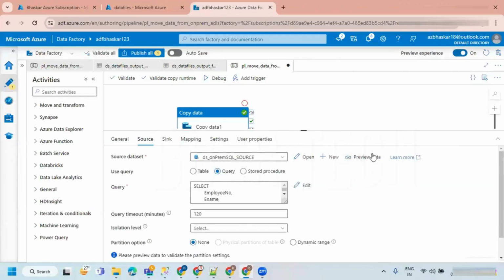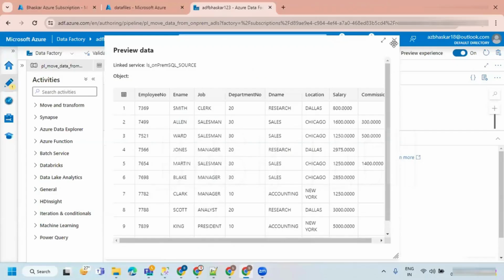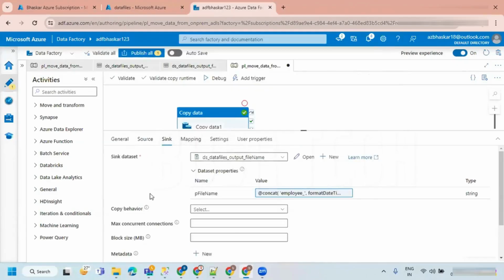Whatever output we are getting here is just being presented. It is not creating any table here in the source. Once the execution is completed, the entire data is going to be stored in the file, because we are providing the same ADLS. Yes, in the ADLS it is going to be stored.